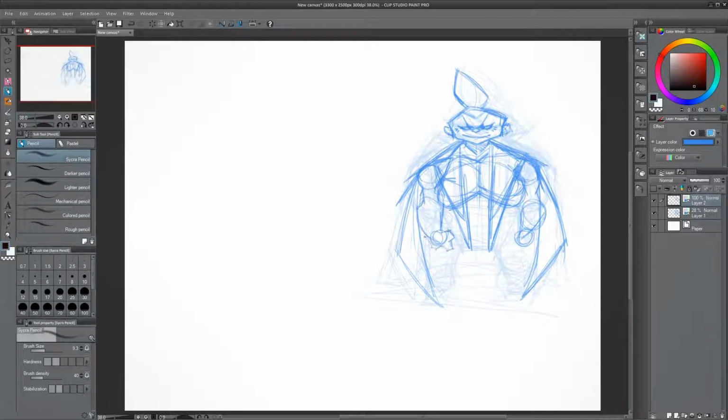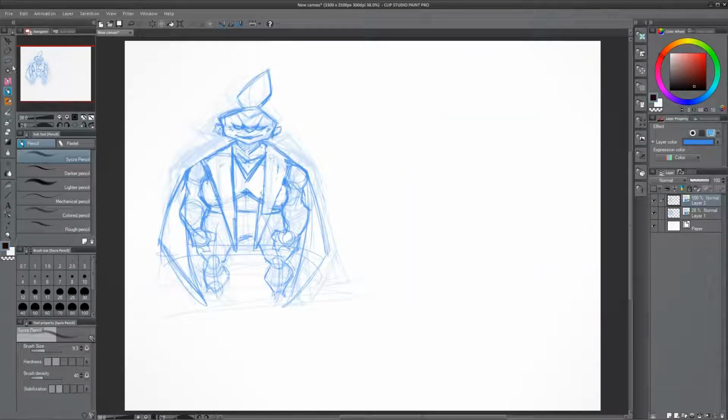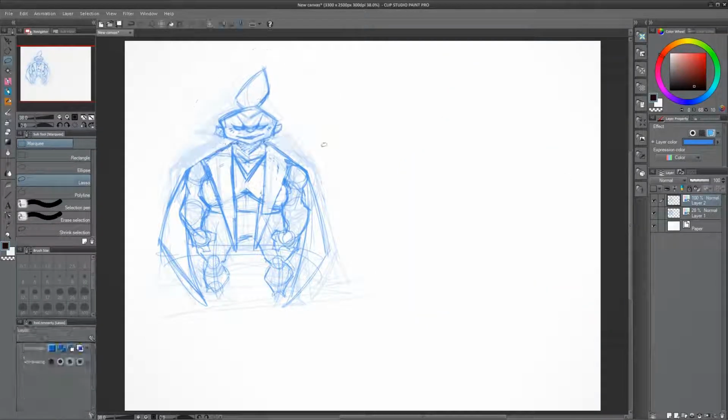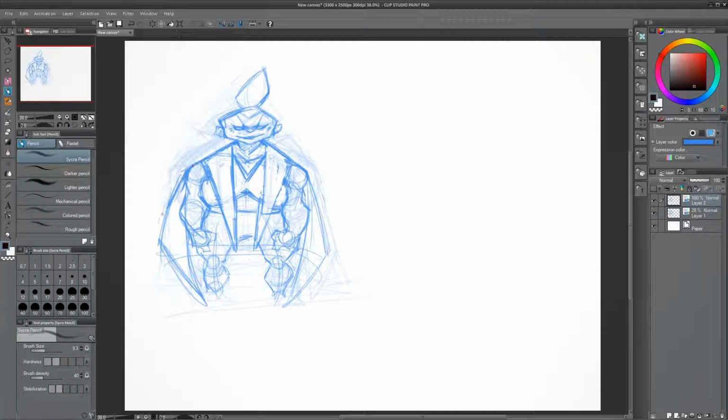So I originally came up with a few sketches for designs for her face, and I like working from faces first because I feel like if you can get the face and you can see the personality you want, then you've already solved more than half of your problem. And then designing a body is a little bit easier.